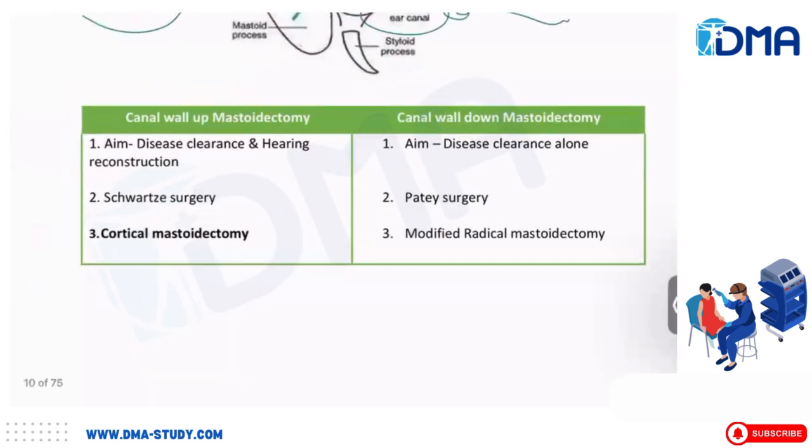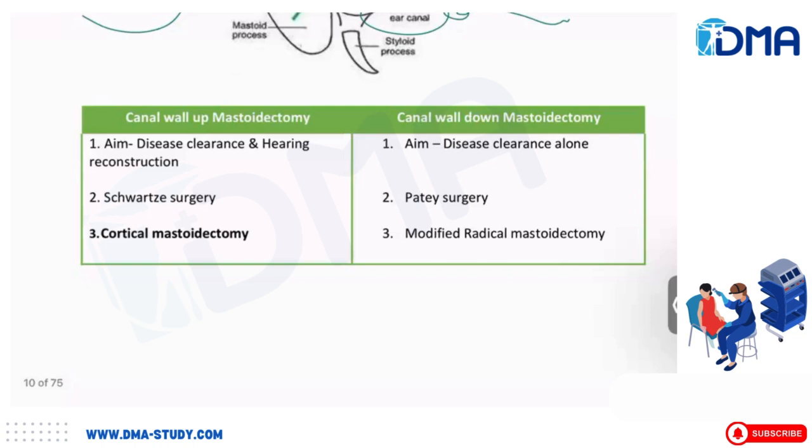There are two mastoidectomies. One is canal wall up mastoidectomy, another one is canal wall down mastoidectomy. When we are not removing the canal wall, it is canal wall up, otherwise called cortical mastoidectomy. We sacrifice the canal wall when we are not able to give disease clearance with a small opening. To have a bright, elaborate opening, we do a surgery called canal wall down mastoidectomy, otherwise called